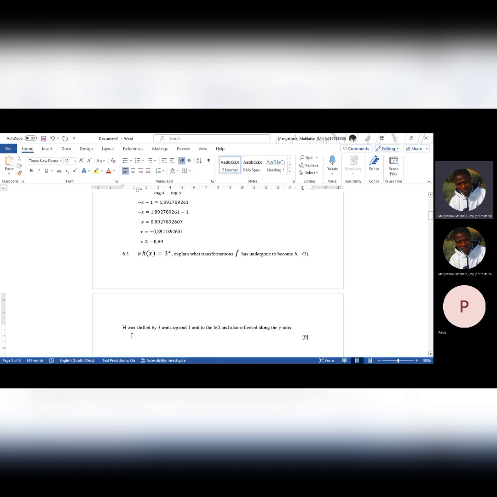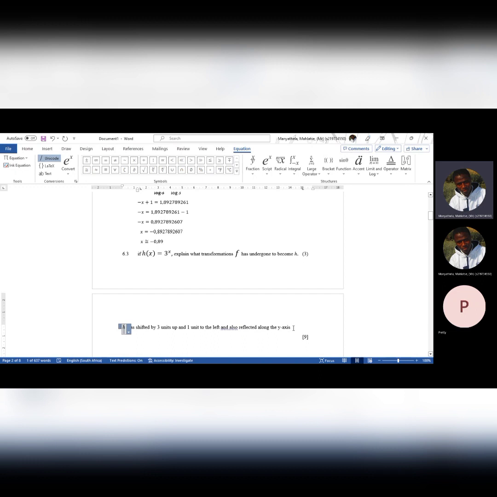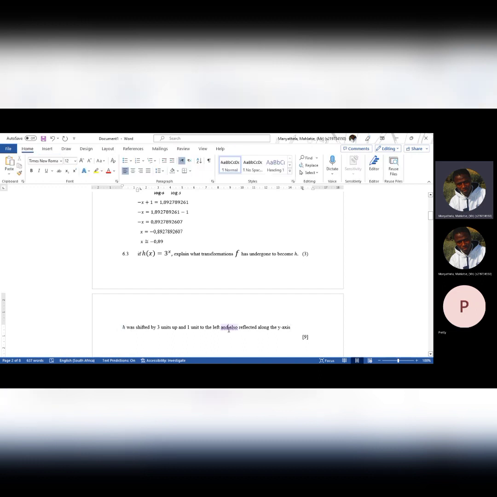That is the transformation that h took to become f. It was shifted by 3 units up. It's more like if you can draw the graph of f,